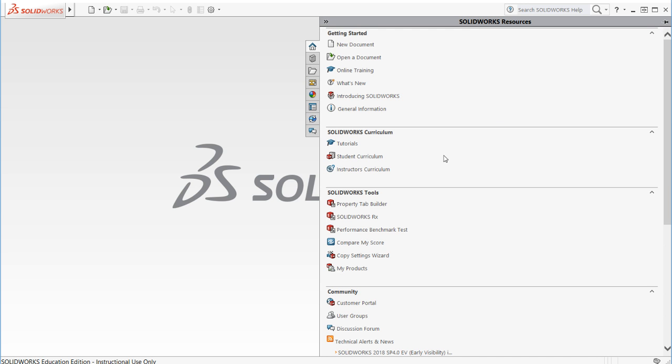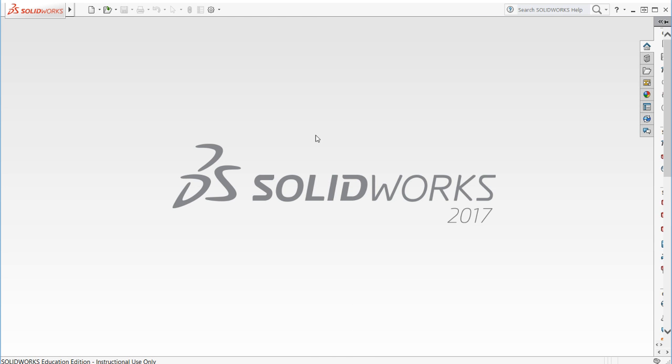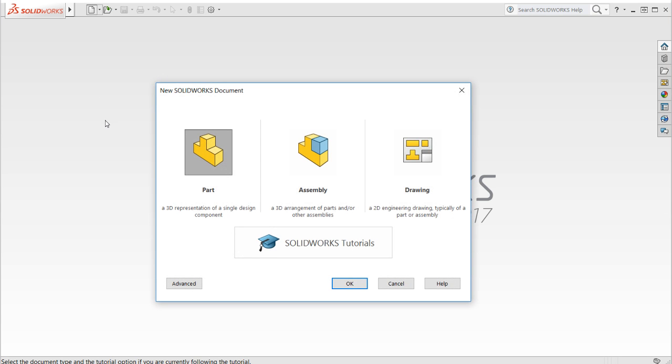Mine is actually not on my screen here. It just clicked or highlighted over here, tutorials. So it wasn't quite visible on the screen, but if you were looking for tutorials, that's a quick way to get there. So I'm going to open a part file. And if I open a new part file,